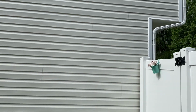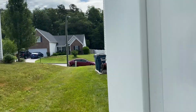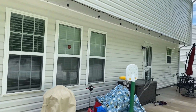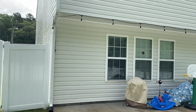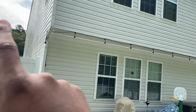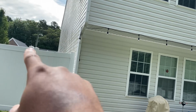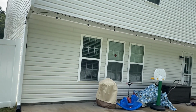The only thing different that I did is I soaked the majority of the house first. Now, usually when I do mine, I do my house as half and half. So for example, the way I'll do my setup is I'll wash this back part of the house and then this side of the house. And when this side is soaking and I'm still applying chemicals to this side, when I get done applying chemical to this side, I'll go back to the truck, put it on rinse mode, turn my valve,